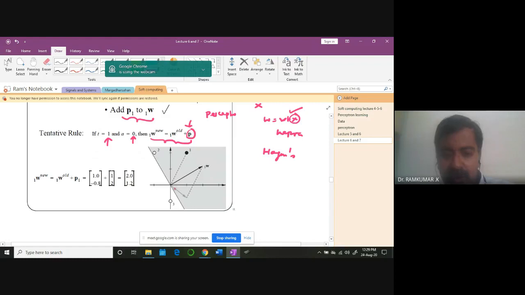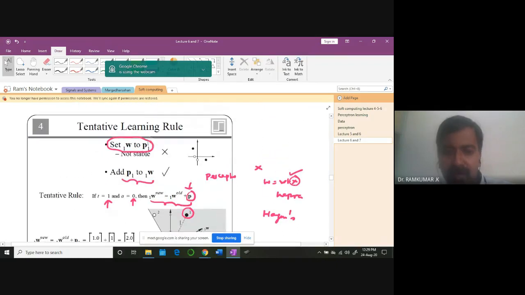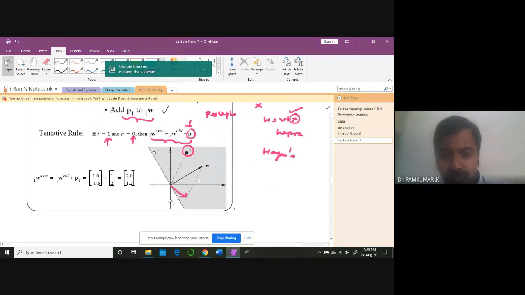1 plus minus 0.8 weight is initially here. I've added 1, 2. This pattern is what I'm interested in. First pattern. So that is 1, 2. Now I added that with this initial weight. Now I'm going to add this point, means naturally I'm going to get the vector addition. I'm going to get a new point. New vector is. So this new vector, we have to check whether it is classifying it properly or not.